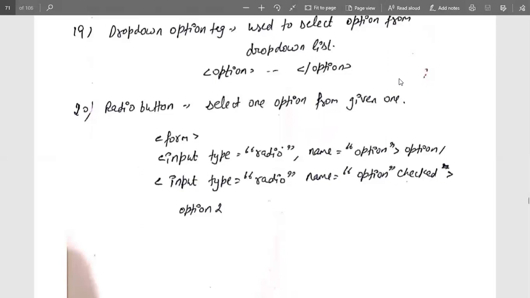So this will be done with the help of input containing the type of button, that is radio, and the name of the button, that is option, and the options contain the information about the selection. Whenever I select an option, it is represented as option checked. Here the second one is input type equal to radio, name is option, and it is checked. It means that it was selected. So the selected option is second, and the output reflects option second. So this is about the radio button.